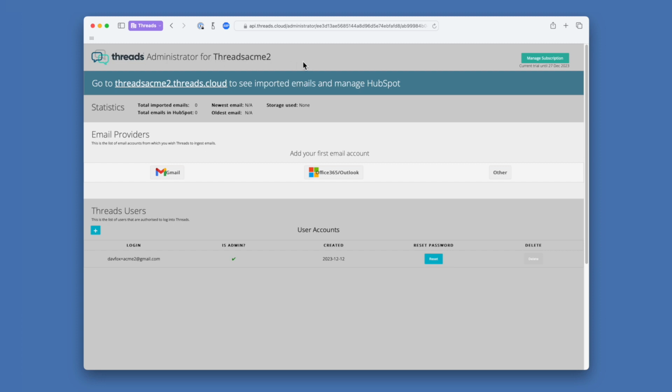And at any time you can go back to the previous page by clicking this link here, and then the statistics here will tell us how many emails have been imported from your email accounts, the total number of emails that have been imported into HubSpot, and also dates about the newest and oldest emails that we've read from your email accounts. So the next step is under the email providers section here to add your first email account,